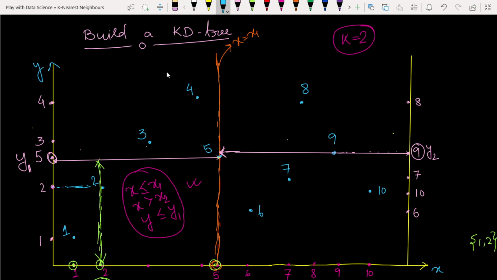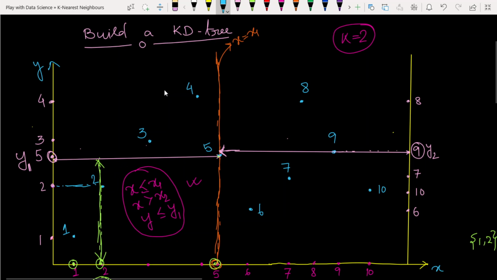In the next lecture, you will see how we use the binary tree to classify, and how we build a classifier algorithm. So we will see this thing in